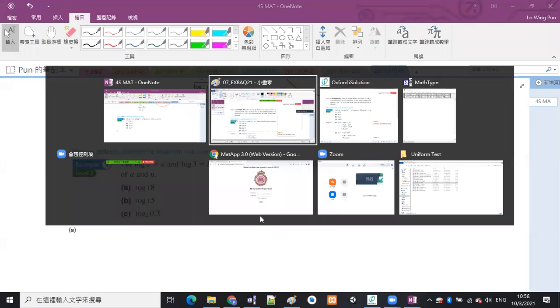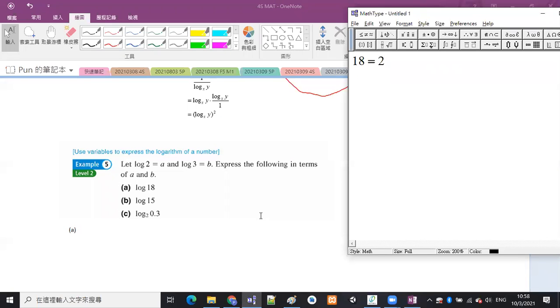For example, 18 is equal to 2 times 3 squared, right? Do you know how to break it down? Try it first. If you can't, I'll explain how to do it when you come back tomorrow. It actually uses short division. Okay, if you know short division, then you know how to break down the number into a product of prime factors. Okay, so 18 is equal to 2 times 3 squared, which means that log 18 is equal to